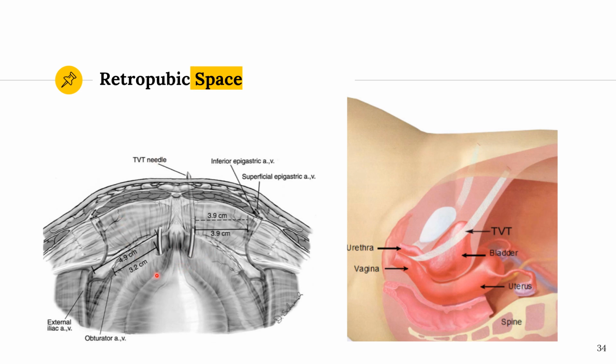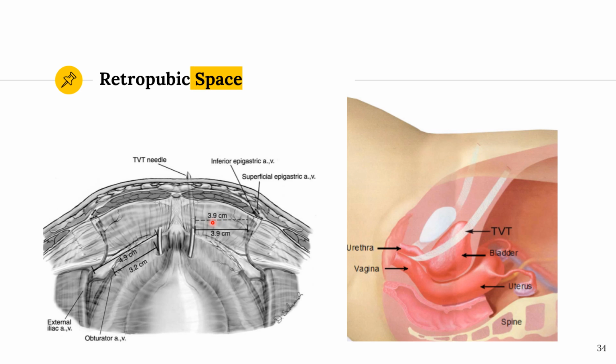So this is another view from inside. If we perform the procedure as described, we may see the TVT needle will pass through the Retzius space, a very safe space because there are no vessels in the Retzius space. In one of the published literature, they measured the distance between the inserted TVT needle and the major vessels, and they found that the major vessels, once we perform this retropubic TVT procedure, lie 0.9 to 6.7 centimeter lateral to